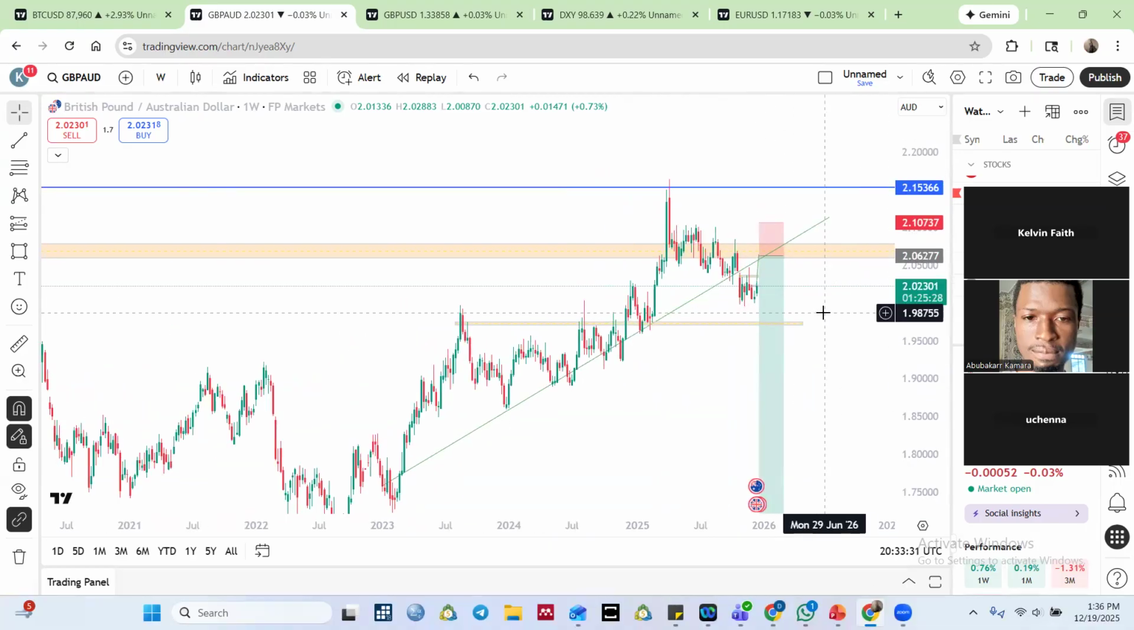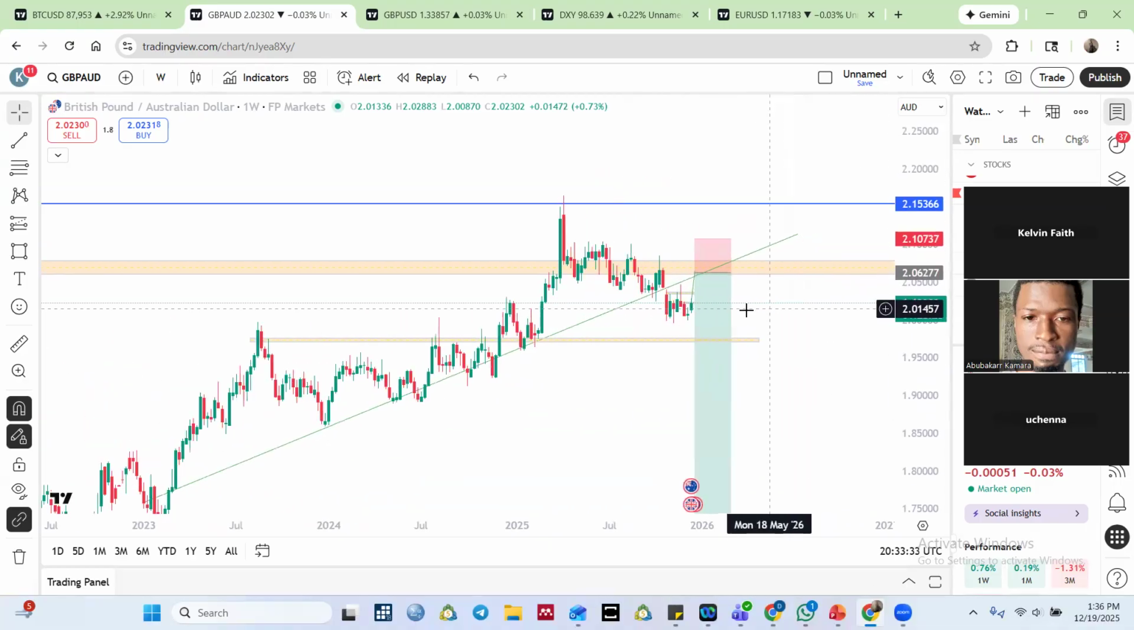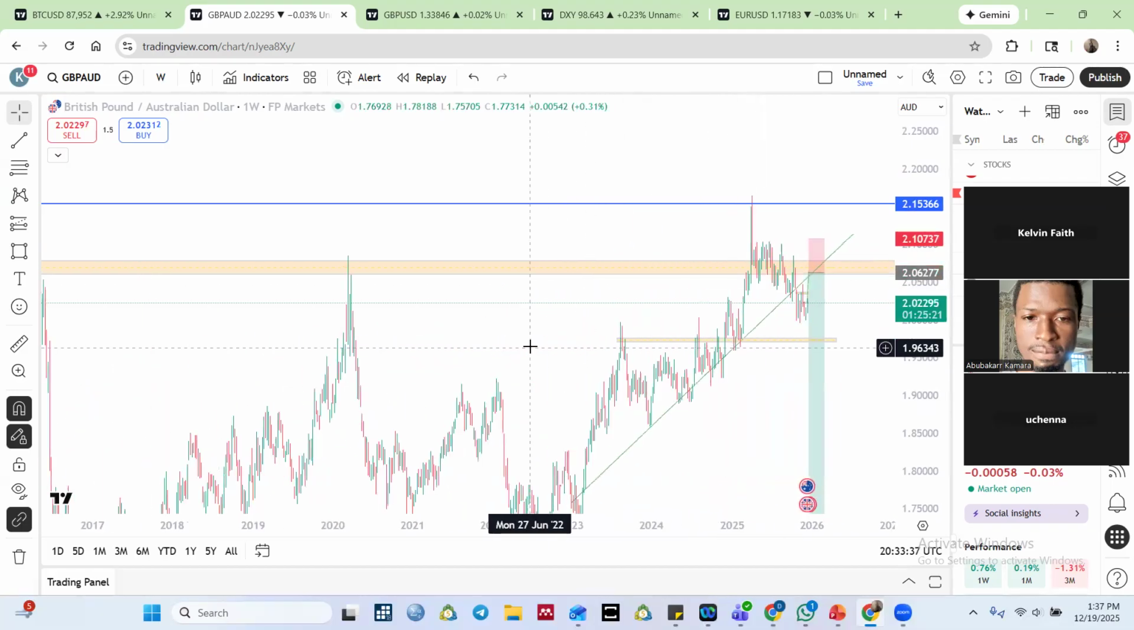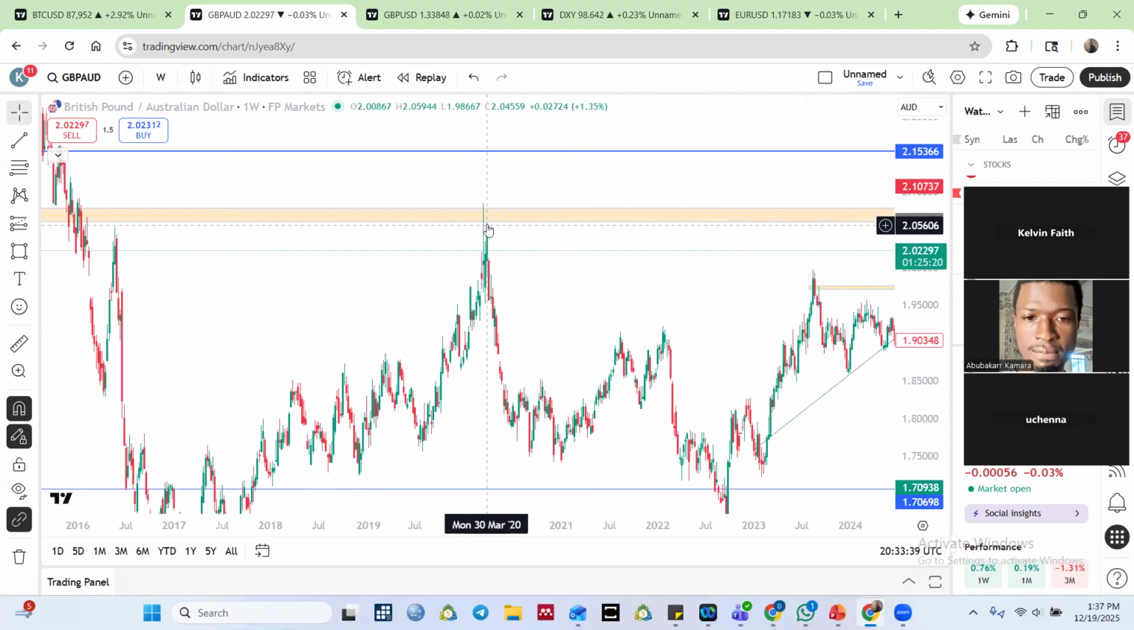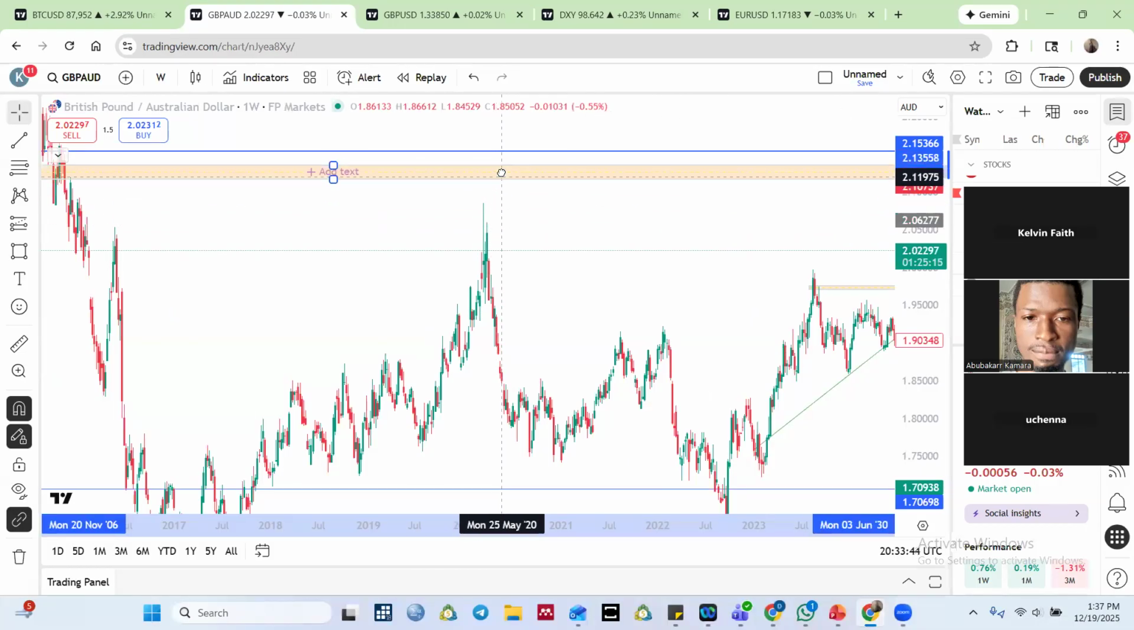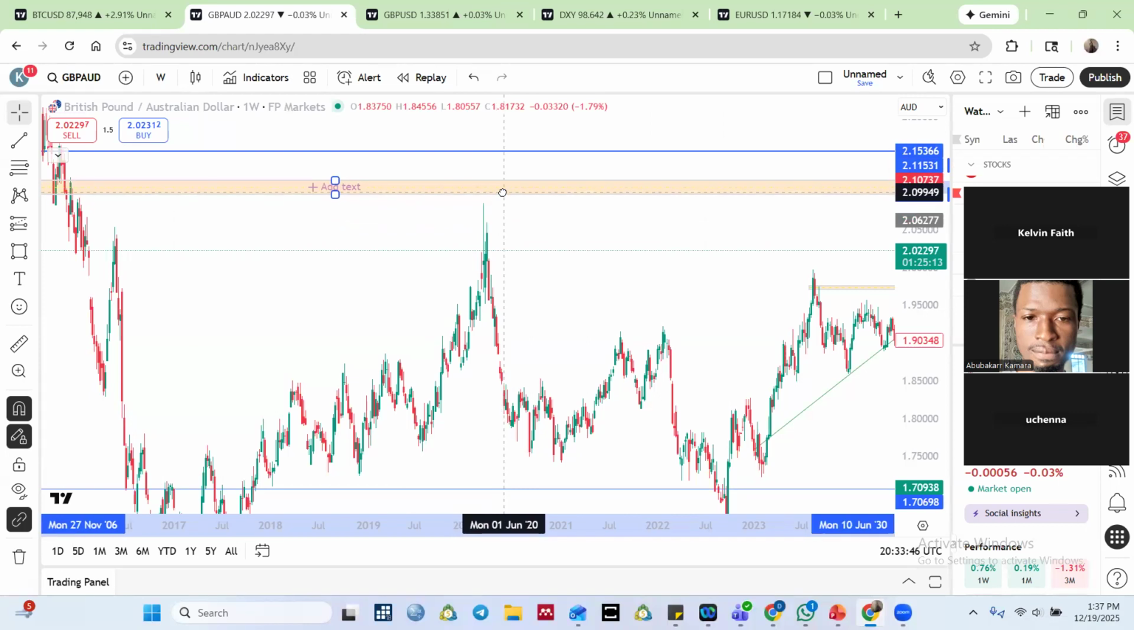I think it will reverse. The sellers will still take charge. That's what I want you to say. Okay, why? Because anytime the market stays below, okay, let me take the yellow rectangle out and then